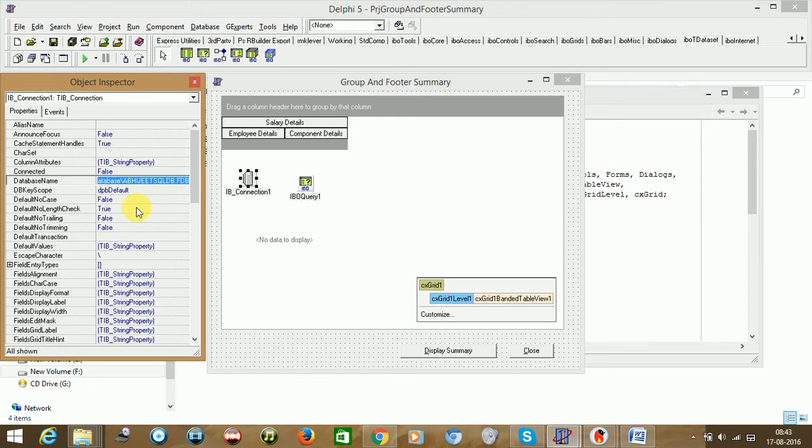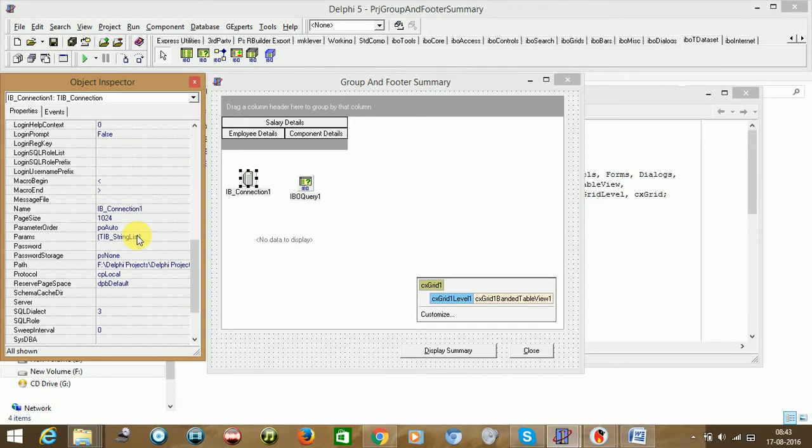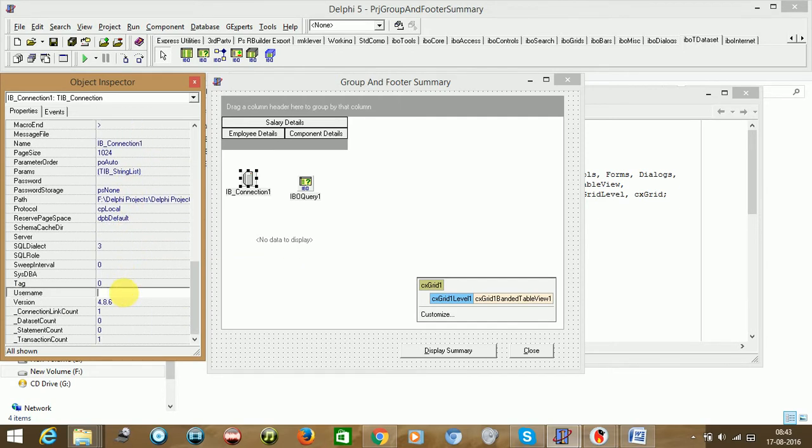It is case insensitive. Make sure that when you come to this F, sometimes the colon is already given by default, not every time, but sometimes it comes when you copy paste. Make sure you remove it, give a proper path, and then specify the username. SYSDBA is the default user, and the password is masterkey.